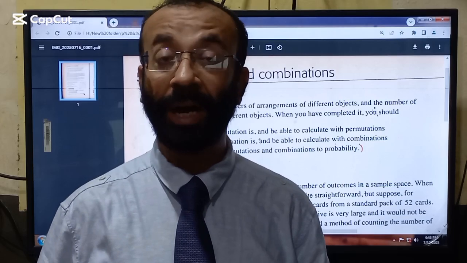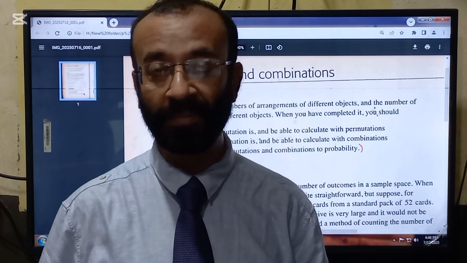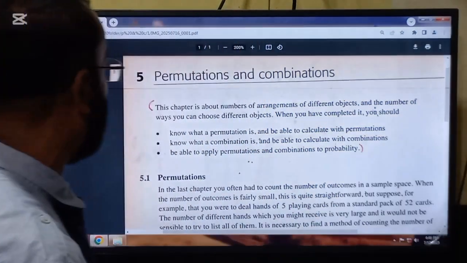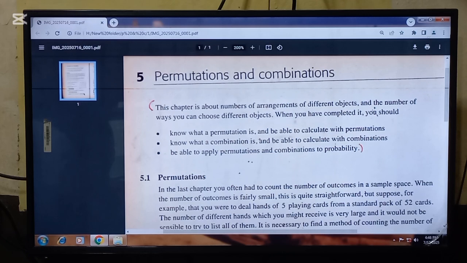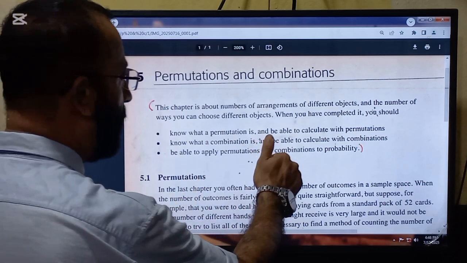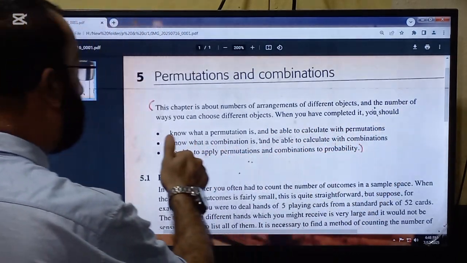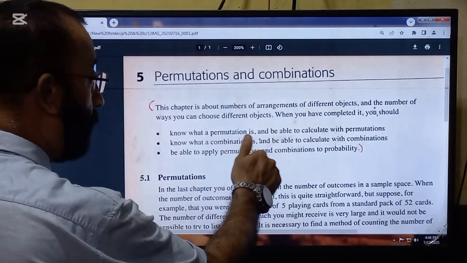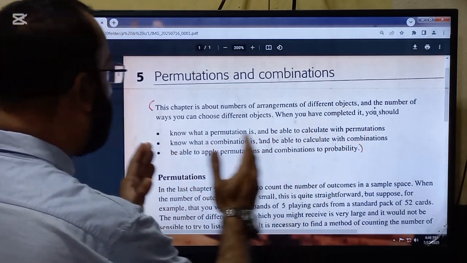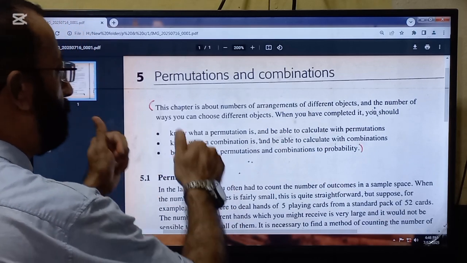Good morning, students. Our topic today in the subject of Statistics 1 A levels is permutation and combination. So concentrate yourself in this chapter. This chapter is about the number of arrangements of different objects and the number of ways you can choose different objects. The number of arrangements and the number of ways you can choose different objects is called